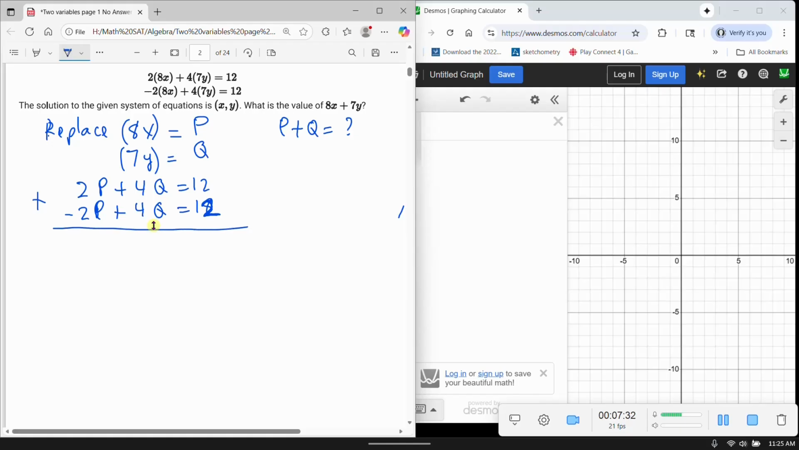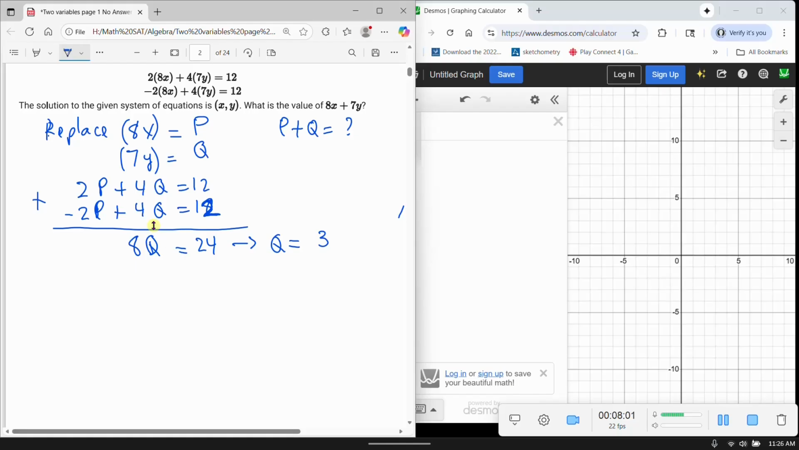So like this, 2P and minus 2P, you cancel it out. 4Q plus 4Q, I get 8Q. And this gives me equal 24. And now Q is 3, 24 divided by 8. So when Q is 3, I'm going to plug Q equal to 3 in either one of these equations